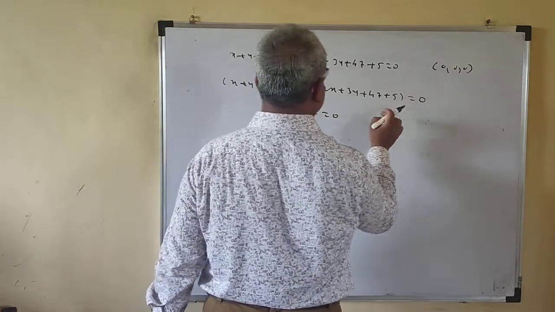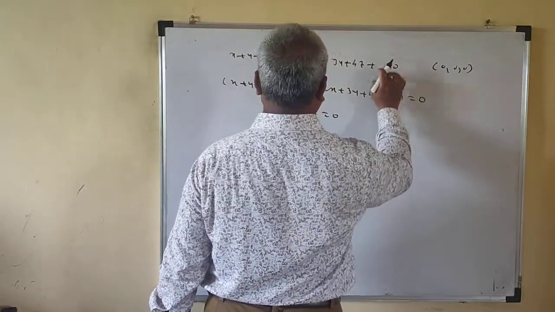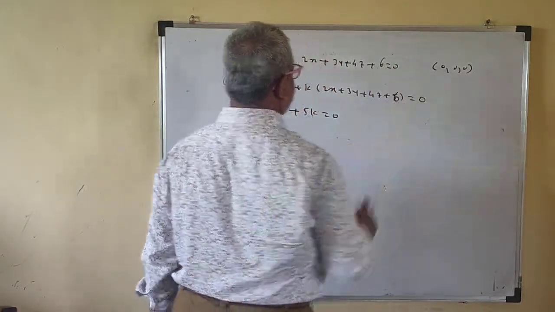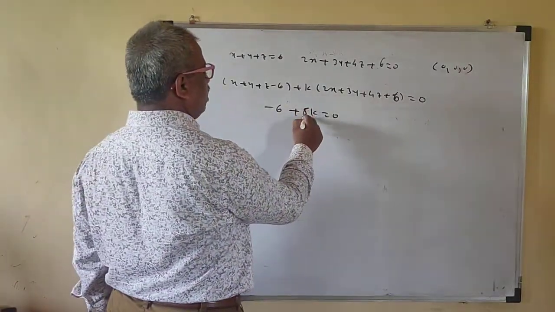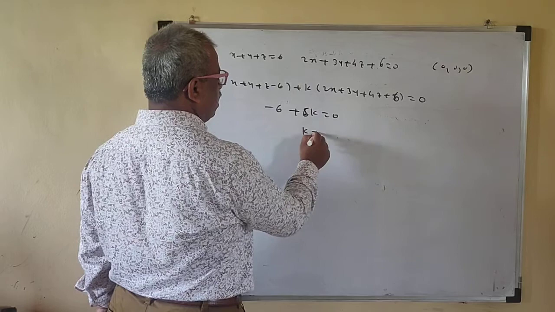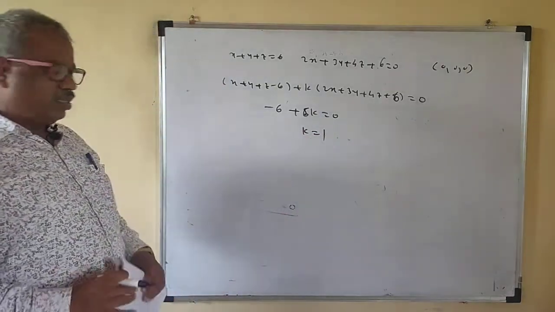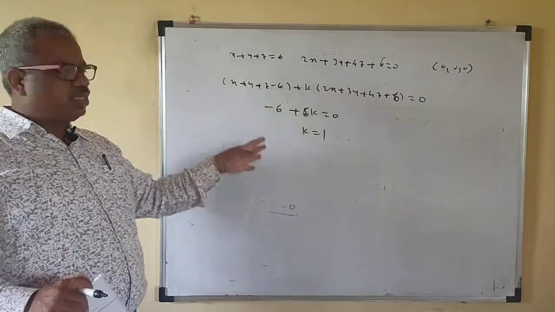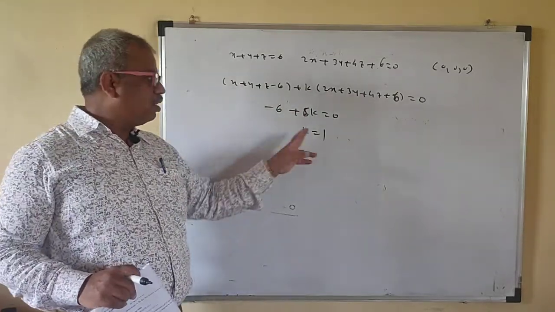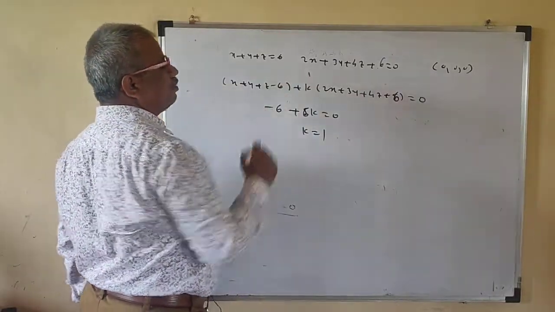So I will take the constant as 6, so that easily you can obtain this. So this is 6k, that means k is equal to 1. So you will get an easy value for this one. The problem will be managed in such a way that you will get an easy value. You have to put only k is equal to 1 here.